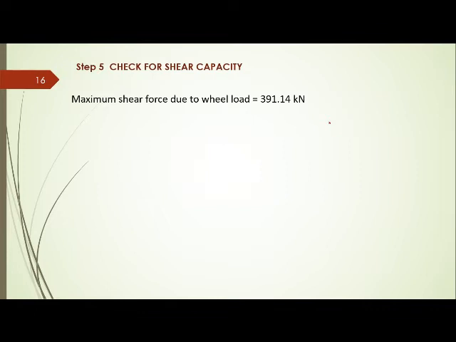In the next slide, we will first of all check the capacity of the shear, because before the bending check we have to check the capacity of shear to check whether there is any high shear problem or not. This is very important here. If there is a high shear problem, the checking formula of the bending check will change, and that is why we are checking the shear before the bending check.